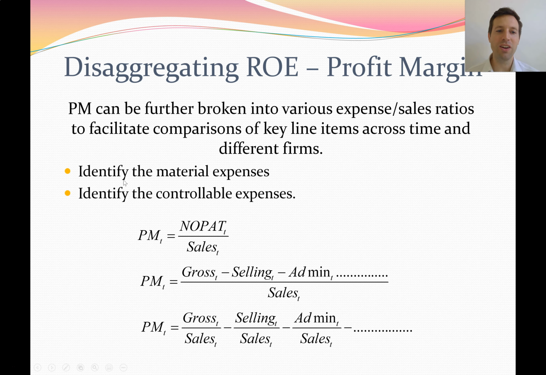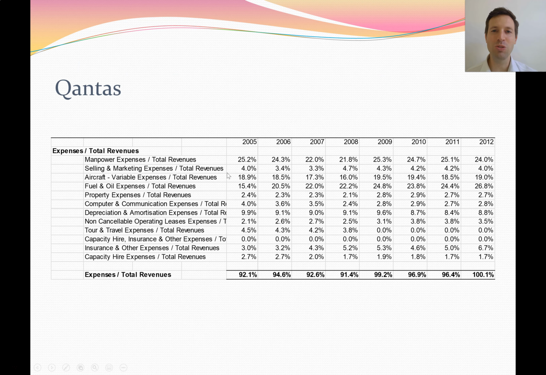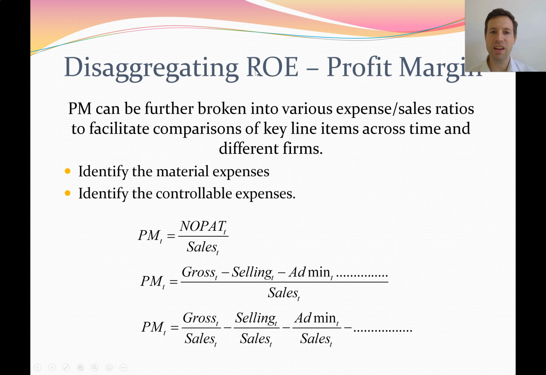So we can identify the material expenses and controllable expenses within the organization and see how they're influencing the profit margin. So let's have a look at an example using Qantas. This is some old data from Qantas, and it's looking at all their different expenses as a percentage of total revenue. So when we disaggregate the profit margin figures, we're dividing through, first of all, NOPAT by sales, but then